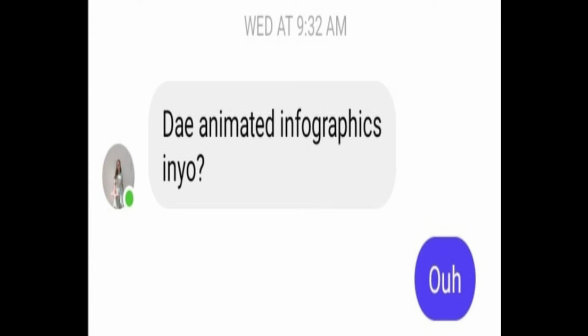Upon seeing the message, I already knew the reason why she code switched from Bisaya to English, and that reason is simply because there is no equivalent Bisayan translation of the phrase animated infographics. There is no other language or dialect that she can use to deliver the message that will make her receiver understand what she is trying to ask, but to state the phrase animated infographics in English.